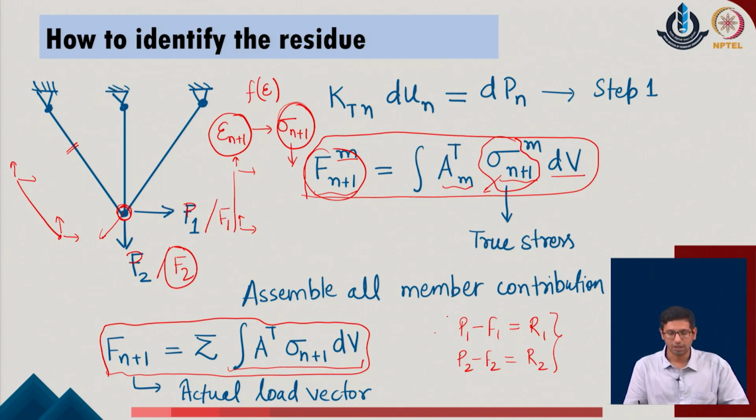and by taking the sum of all those loads, I have to take the residue of the given problem, which will tell us whether the correction is required in the given system, or whether the system is well within the required limit of the tolerance. So, this is the primary way in which we define the residue in the given problem.